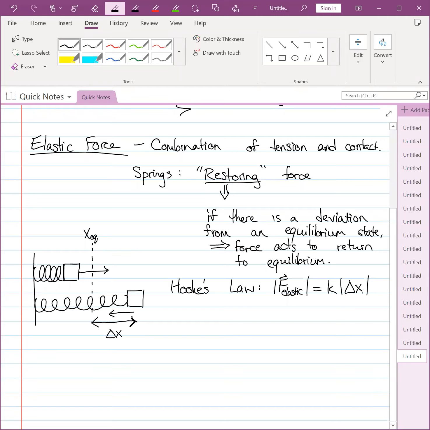So Hooke's law is just a statement about